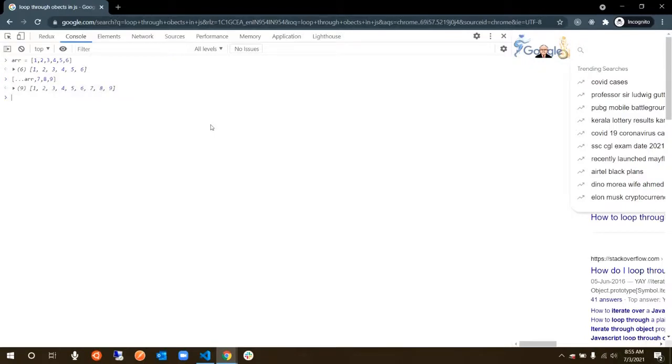Can you see what I did? I just used 3 dots. So this is acting as the spread operator. It is spreading the elements. Instead of typing 1 2 3 4 5 6, I just spread those elements. The dots stand for spread in this particular case.